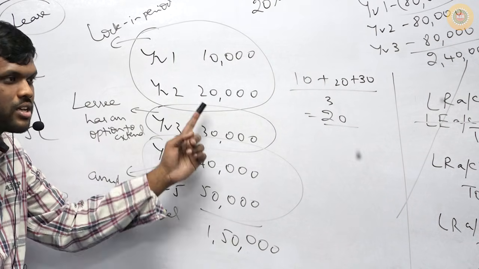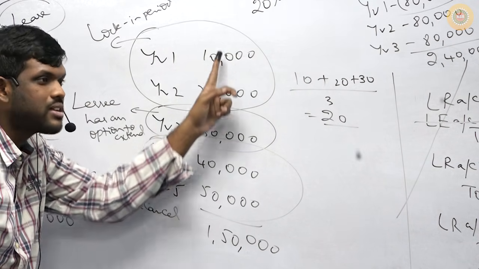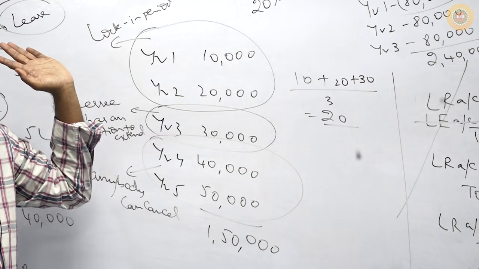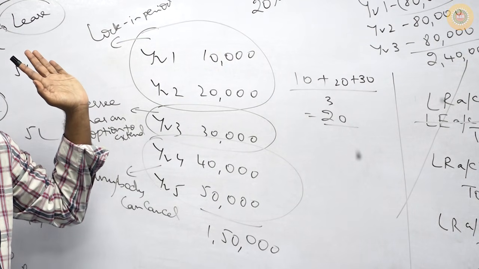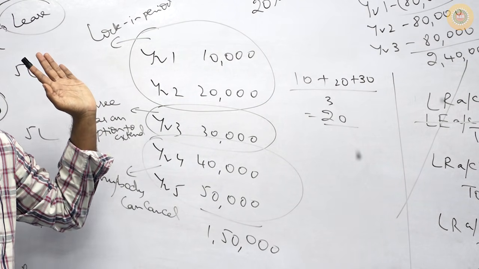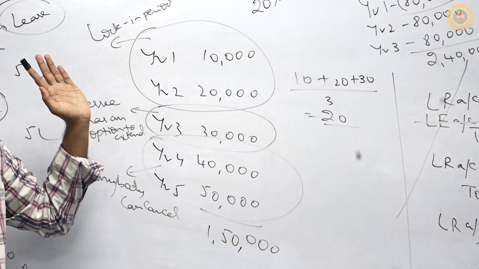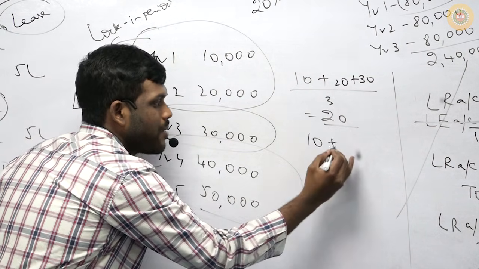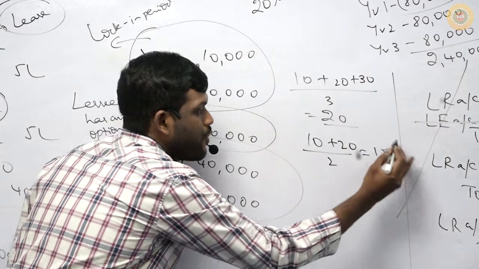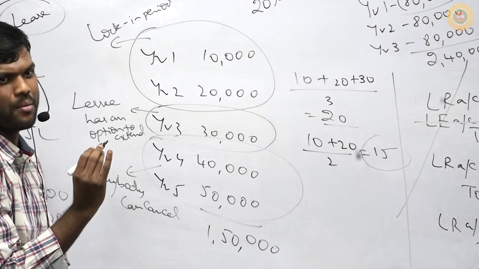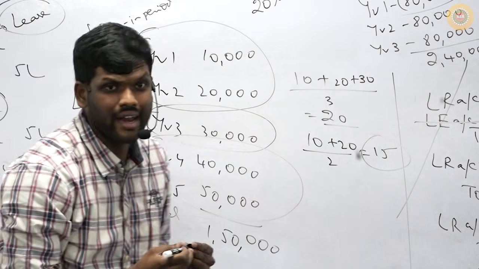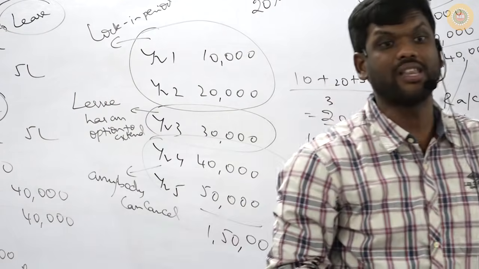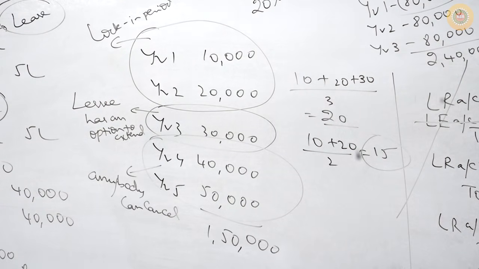Lease term here is how much? 3 years. So நீ 3 years மட்டும் தான் எடுத்து straight line பண்ணு. புரியுதாடா? What about case 2? What if lessee is not reasonably certain to extend and lease term will be 2 years? அப்போ 10 plus 20 by 2, 15 will be the lease rental. இந்த straight lining எல்லாம் you should do over the lease term, over the lease term.